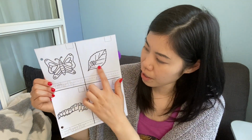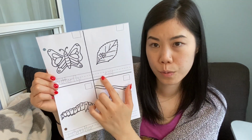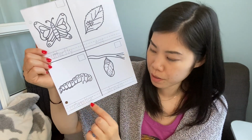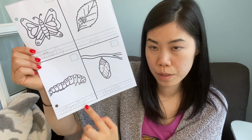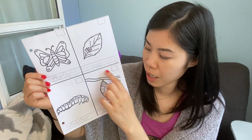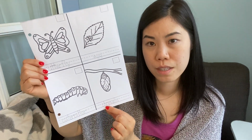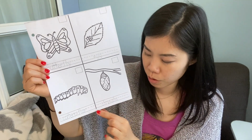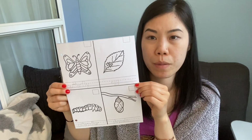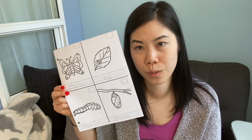So here there is a leaf with some eggs on it. So it says here the word egg, E-G-G. Here you see a caterpillar, and underneath it says caterpillar. So I want you to color this and trace the word. And here it says chrysalis. So on this sheet they chose the scientific name instead of saying cocoon, but we know it means the same thing. So I want you to color all 4 pictures,